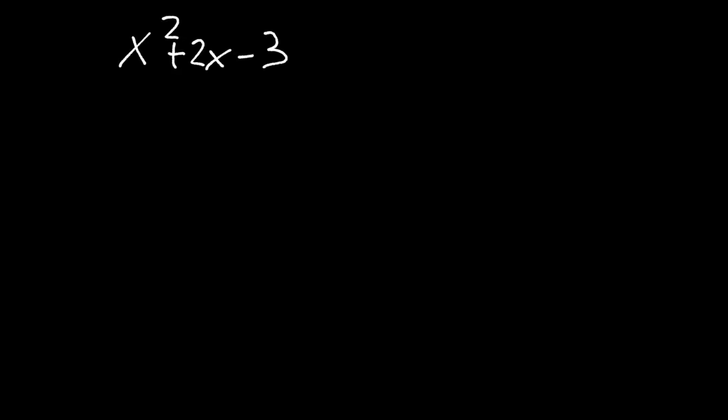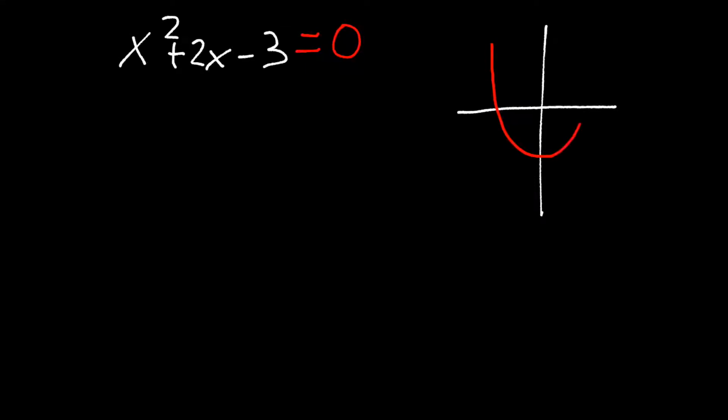Here we have the quadratic equation x squared plus 2x minus 3. And we are trying to find what makes this equation equal to 0. Now, when we are dealing with the graph, if we're trying to find what makes the equation equal to 0, what we are looking for is when does the graph touch the x-axis. So we want to find these 2 points here